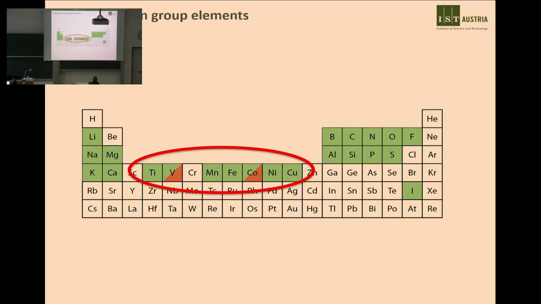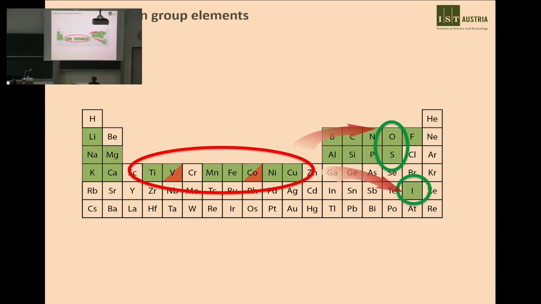You will know that current lithium-ion batteries, at least at the positive side, rely completely on these four elements here. And so they bring along many of the troubles we have with lithium-ion batteries, in terms of price and ecological footprint. And what we are trying to do is to use the redox activity of main group elements